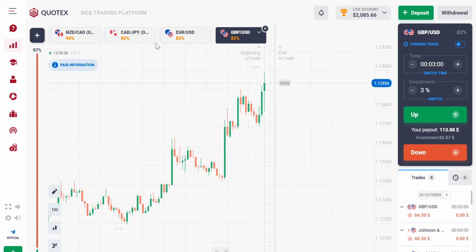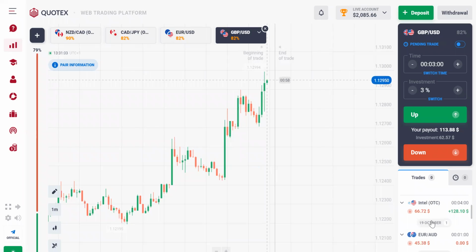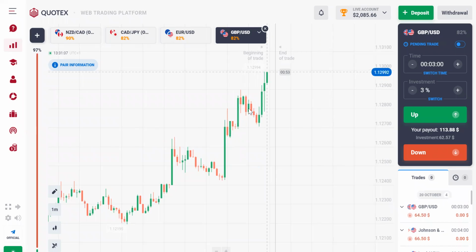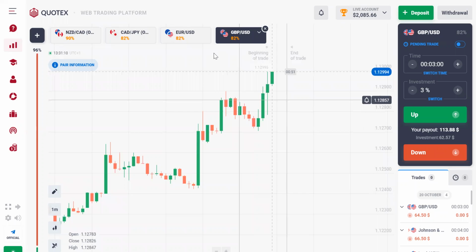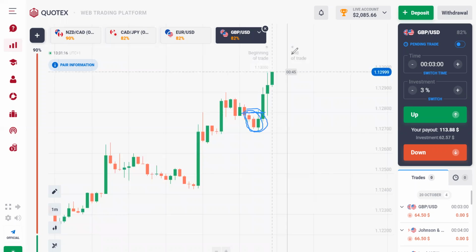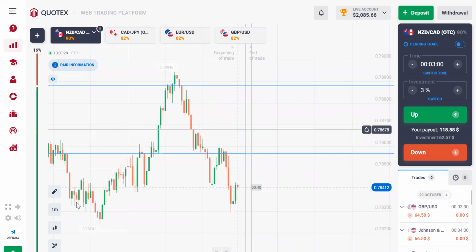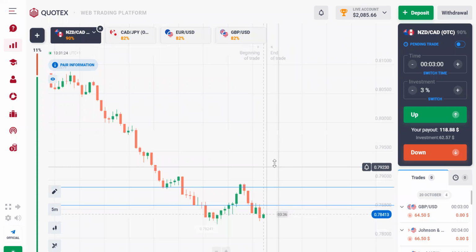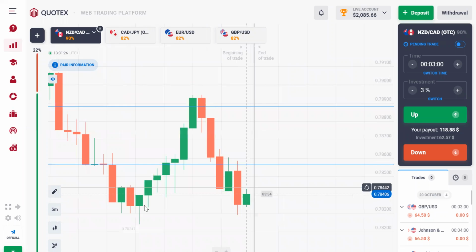Maybe I'm going to do this one next time. I think we had about one good win, but these two we lost, and this one we lost again. But this one is just because of expiry time. I think this one is a time issue. This was a good winning trade, but this was a time issue. Oh, and I missed some trades where I was trying to make you guys follow me up. That's why I missed some trades.